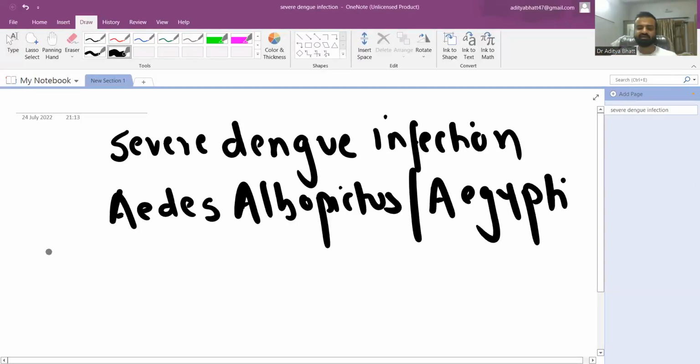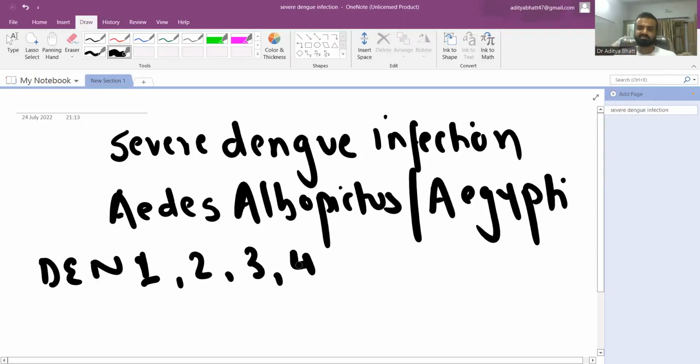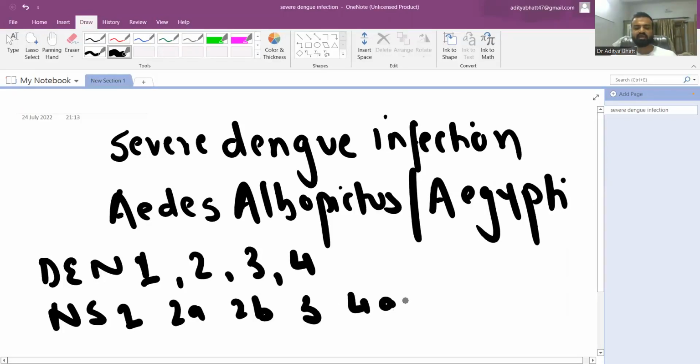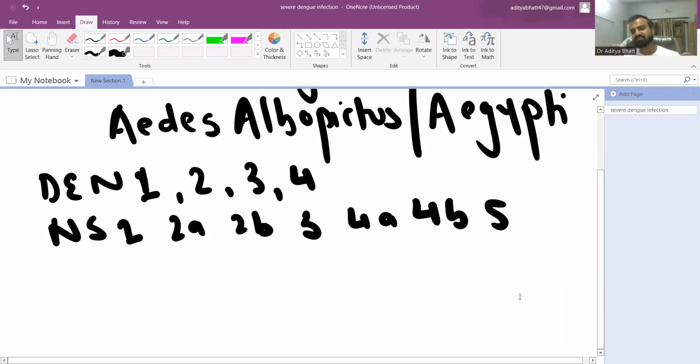Now, when you go to the dengue, there are 4 types of dengue viruses: DEN 1, 2, 3, and 4. Some books mention also 5, but it has not been discovered for sure, so we'll take 1, 2, 3, 4. There are 4 variants of the virus, and it has a non-structural protein NS1. There is NS2A, 2B, 3, 4A, 4B and 5. So in total there are 7 non-structural antigens present inside the dengue virus, and NS1 is the investigation